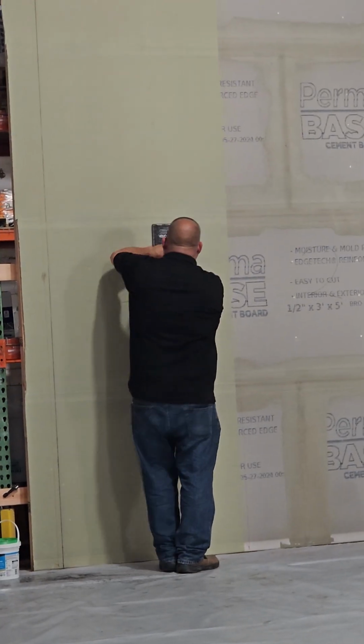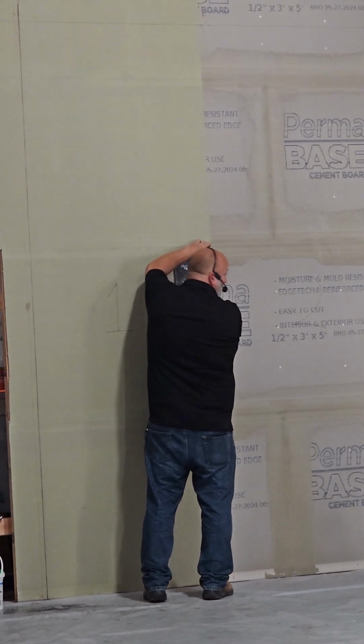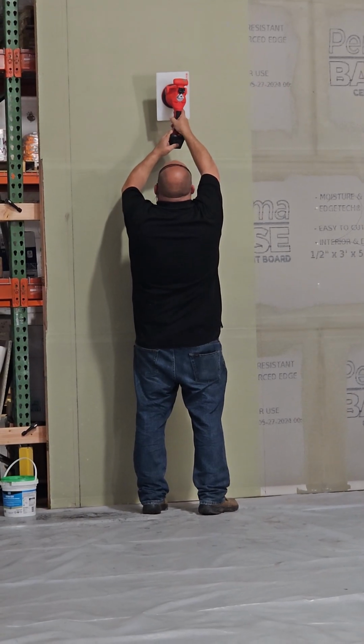I'm just going to move half of the width of the paddle until I get about 4 inches from the edge. Then I'm going to come back to the middle. Half of the width of the paddle, where that spine is, remember on the back of the panel, and push our air out. So if I'm at that...